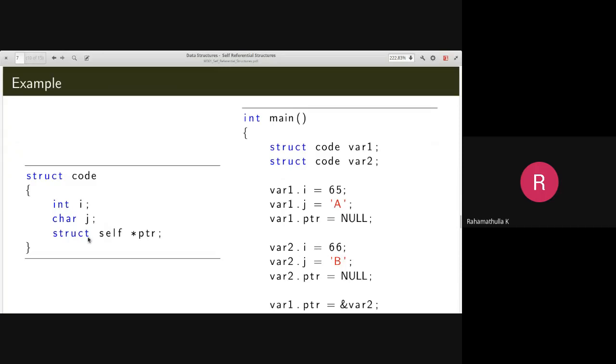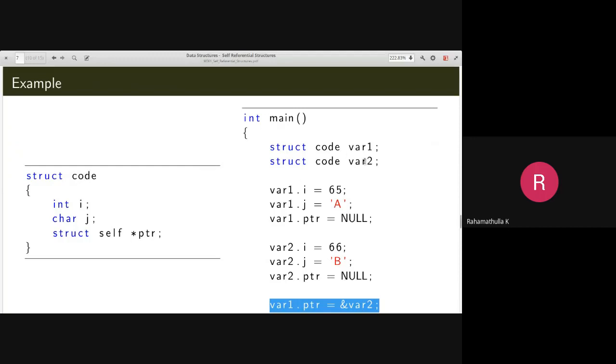Now let's say I have assigned var1.ptr equal to ampersand var2. What does that mean? Previously, var1.ptr was pointing to null, which means it's not pointing anywhere. Now I have changed var1.ptr. Var1.ptr can hold the address of this type of variable.